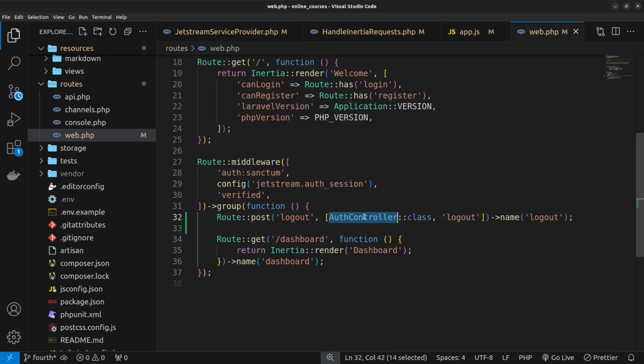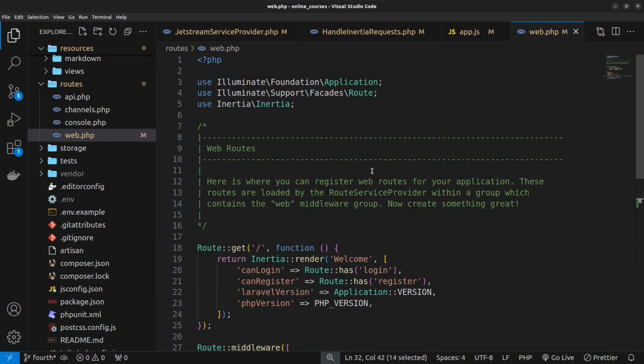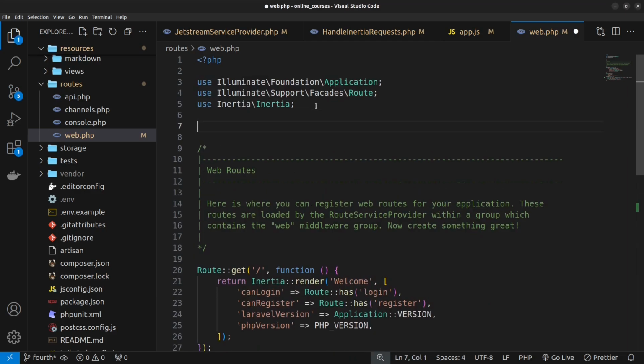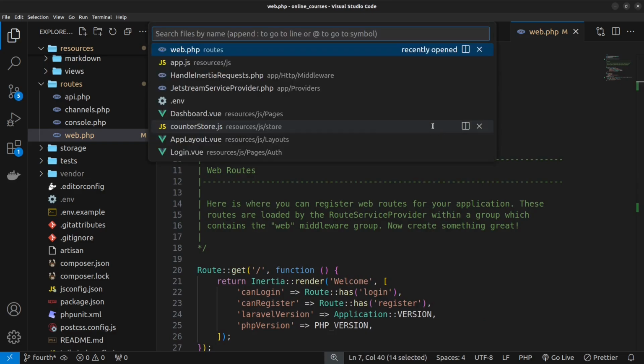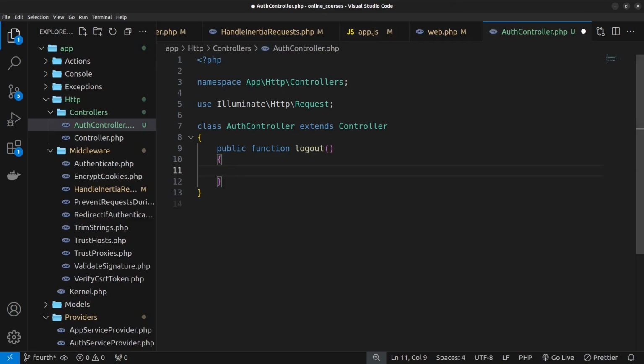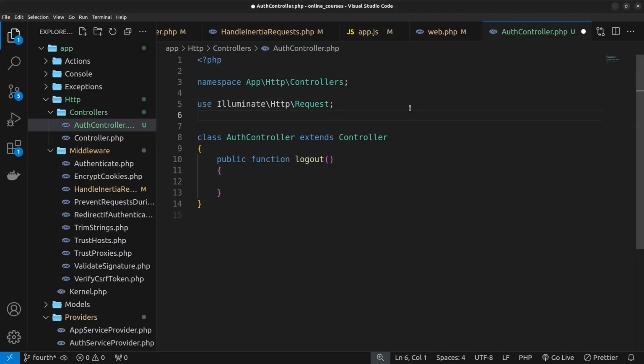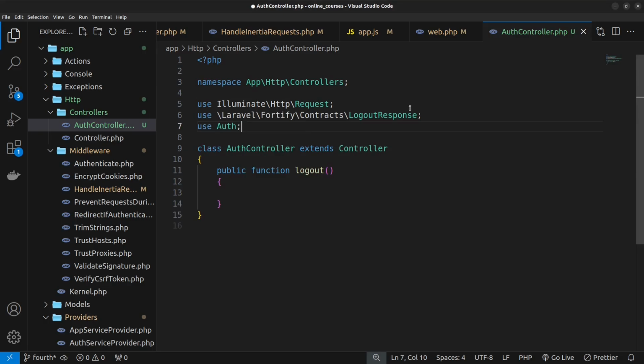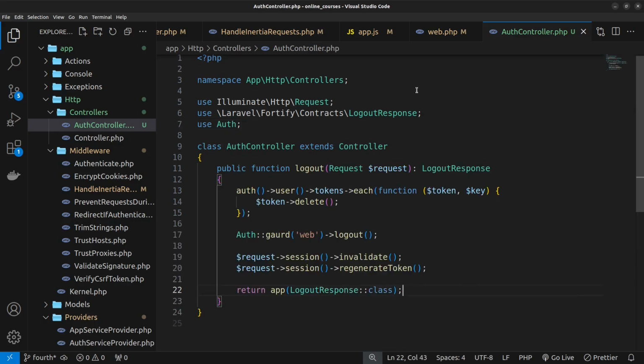And also make sure you use the auth controller at the top of your routes file to not get any errors. Now let's open the auth controller and write the logic for the logout feature. Let's create the logout function first. And then let's use the logout response and auth properties at the top because we need them. So in the logout function you need to pass the request variable and also use the logout response